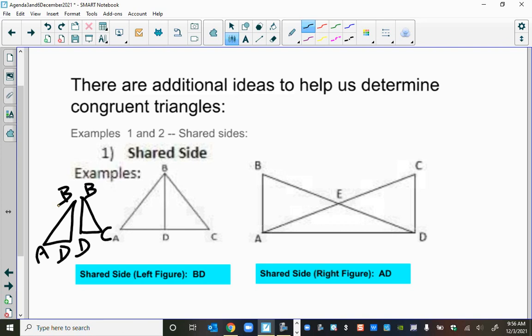And then notice the shared side. They're always going to be congruent, the shared side from one triangle to the other. Similarly, this one, although you're not going to see this one as much on your test; you're going to probably see one that looks more like this,